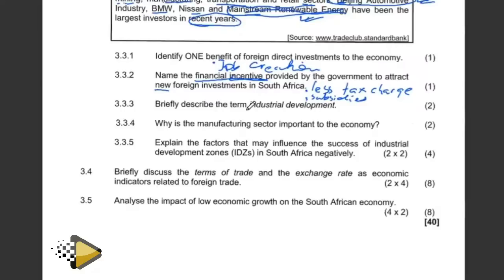3.3 addresses the issue of industrial development. When we talk of industrial development, we refer to the improvement of businesses that are selling the same product. If you still remember grade 12, I've been explaining this industrial development even in a previous question. So now I said that South Africa is an economy